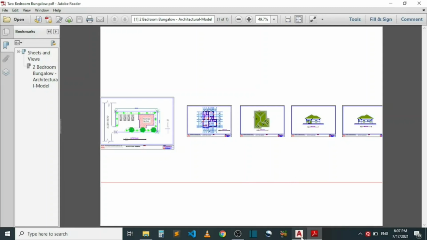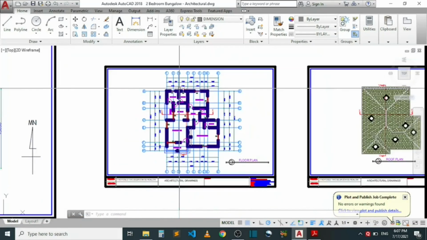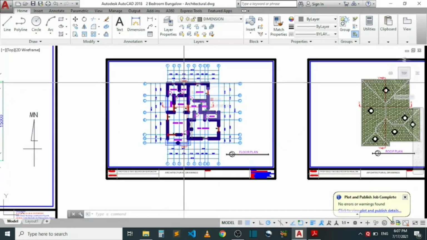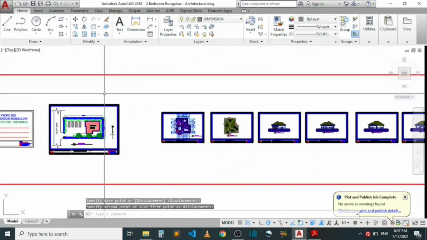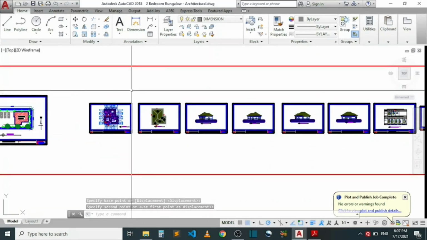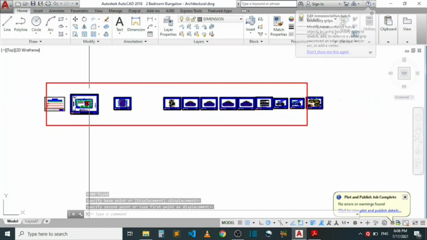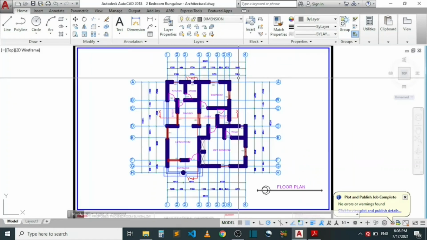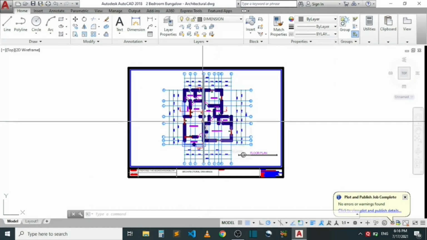Let me go back to my AutoCAD drawing here. So if I want to export only this part, that's the floor plan, I need to zoom it so that it should be the only thing that is seen on my screen. And you can see that it's always very difficult to do that. You always see these other drawings, unless I shift these drawings away so that I can have space between them. Moving it. Now I'll move these drawings away from the floor plan. I can now zoom on it, so you can see that it's the only drawing now on my screen. So if I export it like this now, I should be able to see it alone.